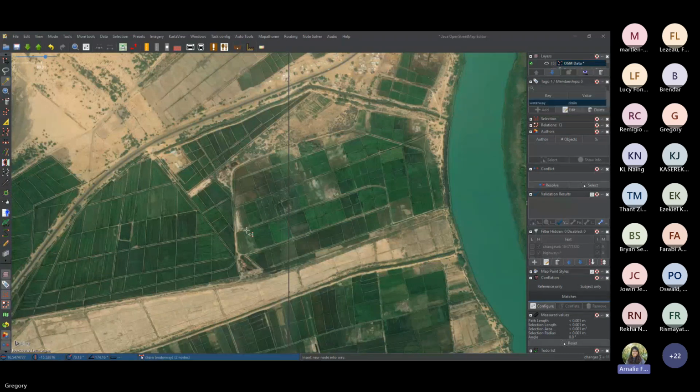Sorry, Gregory, my internet is cutting off so I haven't really understood. But while we were waiting for Mikel, would any other validators here like to discuss what Gregory has shared?